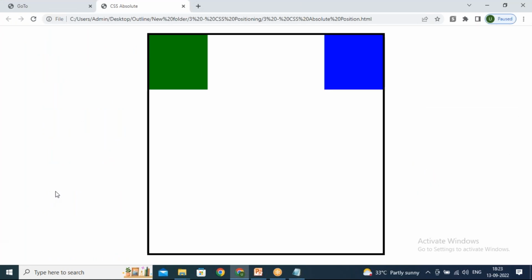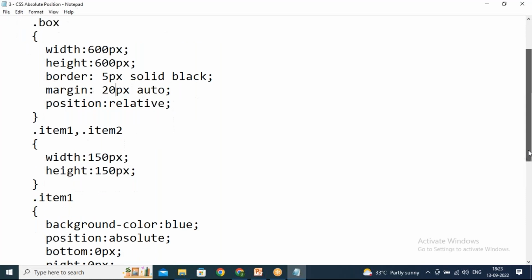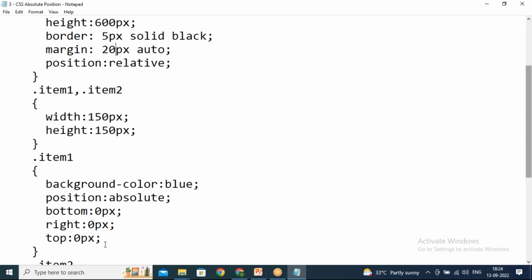the child containers. Now when I reload the page, you see, here I've given position absolute, and I've given top, bottom 0 pixel, right 0 pixel, top 0 pixel. So it has positioned it at, let's say, the top right corner, right? Now here when I comment this bottom,